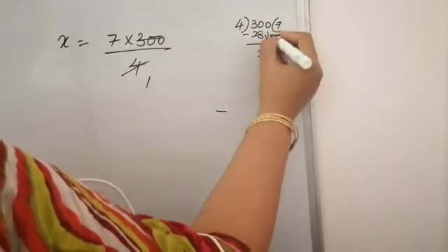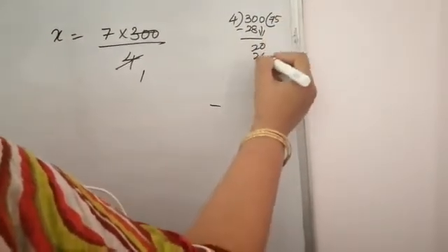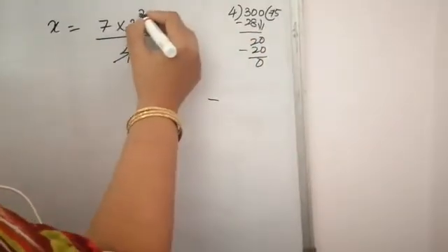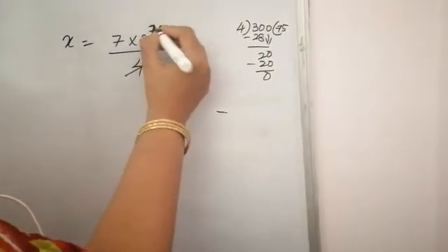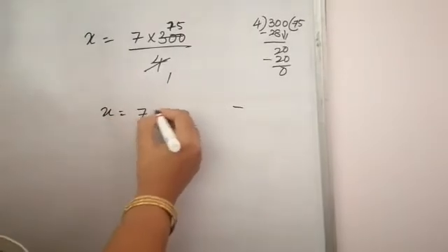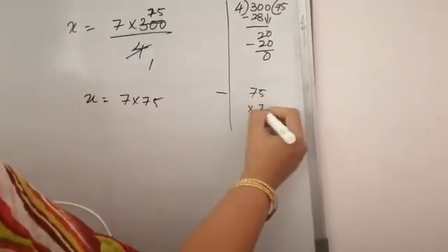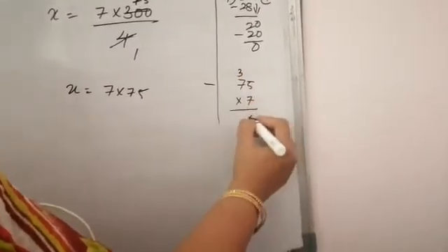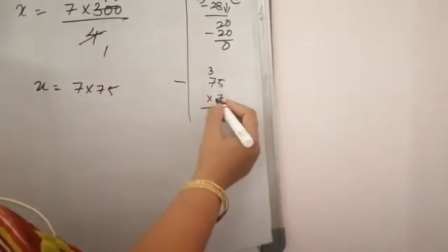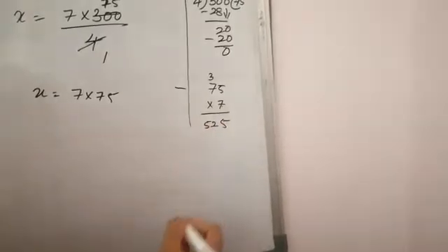2 0 4 5s are 20. So 75, isn't it? So x is equal to 7 into 75. Multiply, children. 75 into 7. 7 5s are 35. 7 7s are 49, 50, 51, 52. So